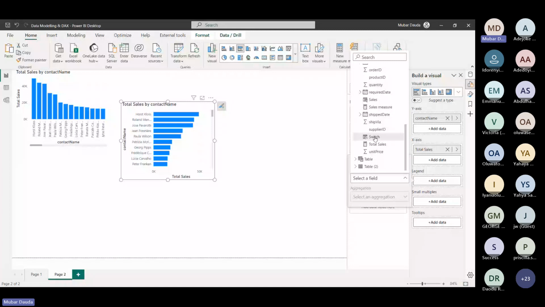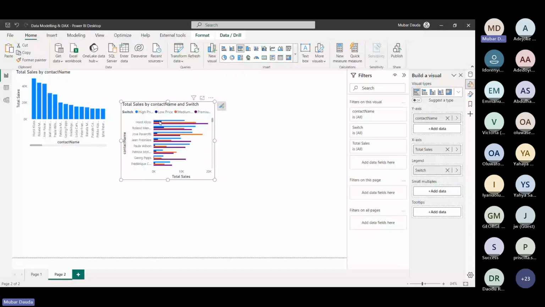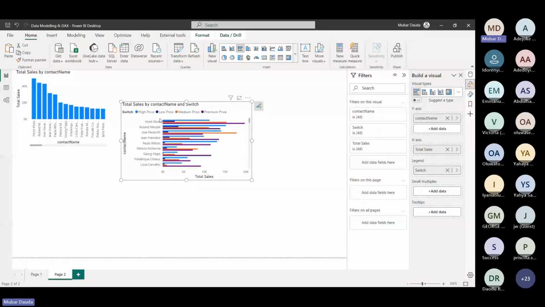You can see what this clustered bar chart does now. Because I pull this one as the legend, which means, okay, I want to see customers with the cost of product that they buy. Is it higher price that they buy most? If you look at this person now, you will see they buy premium products mostly. Can you see that now? So the premium product that you buy mostly, and you can show based on that. That's what cluster does. So if you show based on the category that you want to show them, based on that,